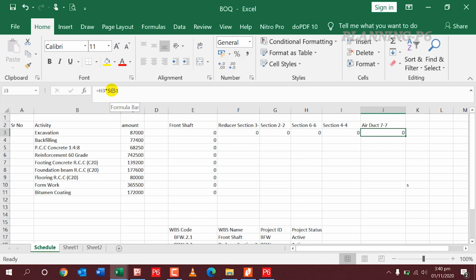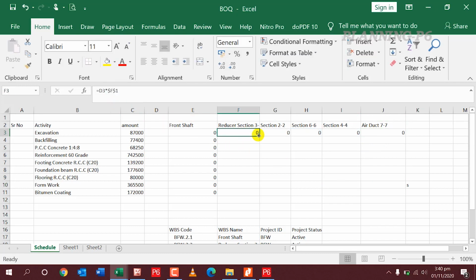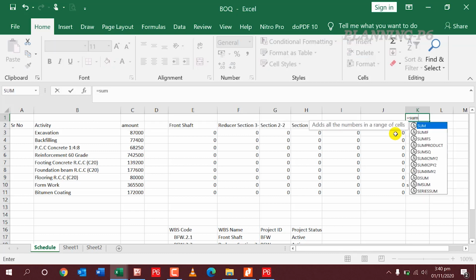So here I will drag the formula to the bottom section and sum up here. The sum of all of that should be 100.